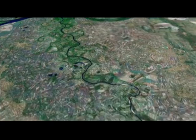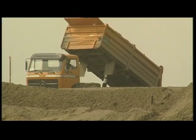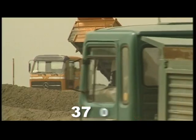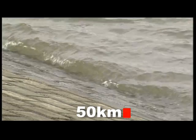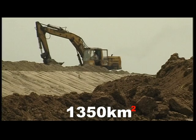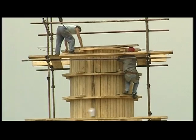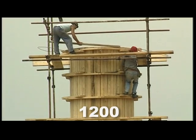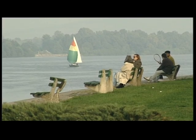and so on. Over more than 30 years of system operation, most of the initially recognized water management problems were addressed by comprehensive protection works and measures, comprising 370 kilometers of new reconstructed levees, 50 kilometers of new revetments, drainage systems covering 1,350 kilometers, with 900-kilometer-long canals, 1,200 artesian drainage wells, 60 pumping stations, and protection of communities and industrial